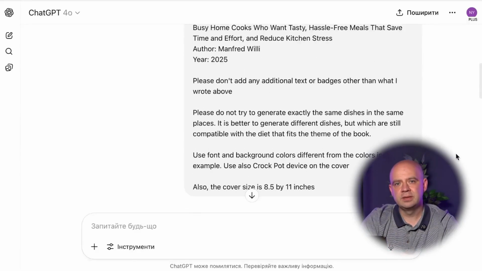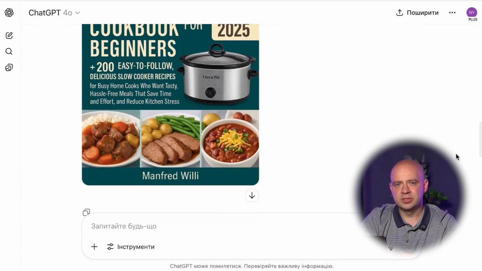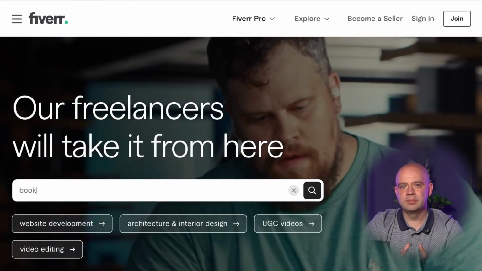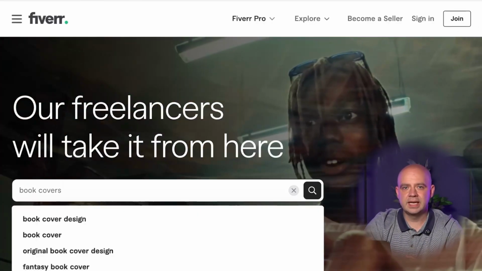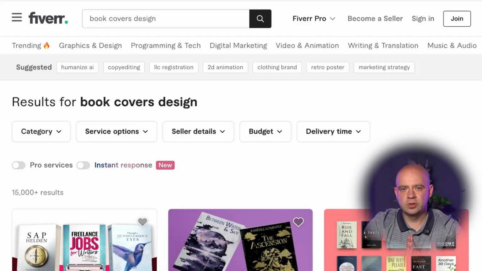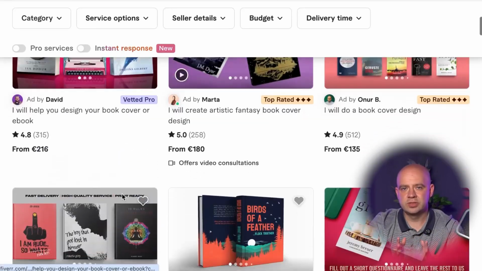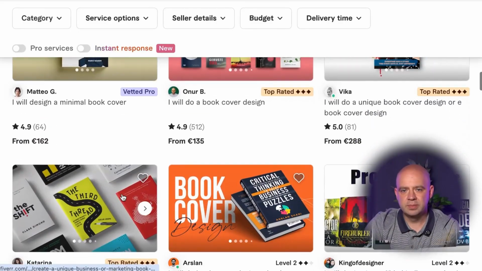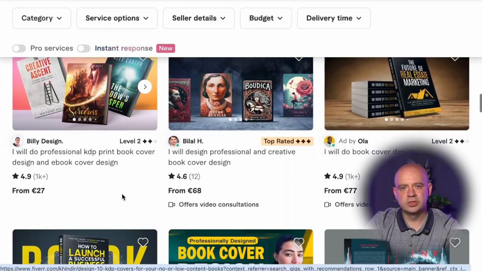There are also several options when it comes to creating a cover. Basically, we can also name two main options. You can create it yourself using, for example, artificial intelligence, or you can have it made by reaching out to third-party specialists or designers who do this professionally. My personal advice is that it's better to have the cover made by a professional designer who knows how to do it well, because your sales will depend on how well the cover is made. And if the cover is poorly made, it will significantly affect your sales.